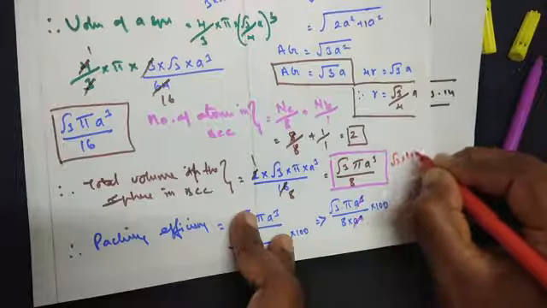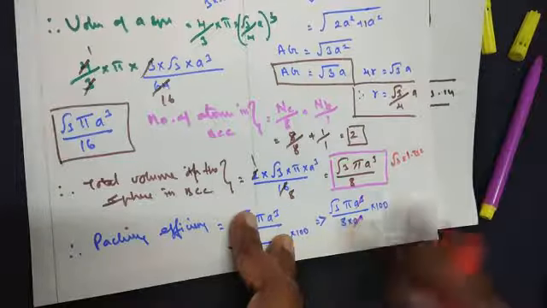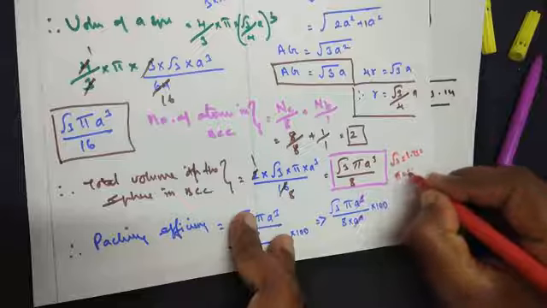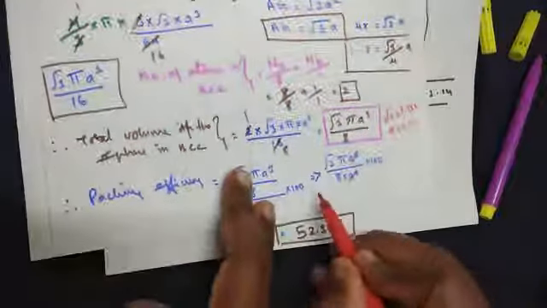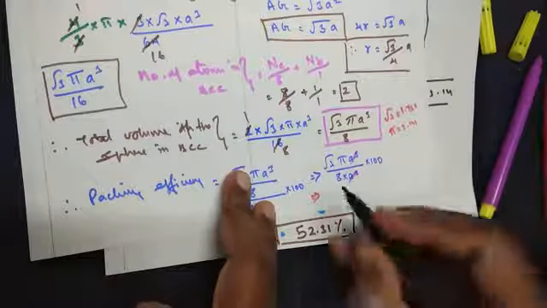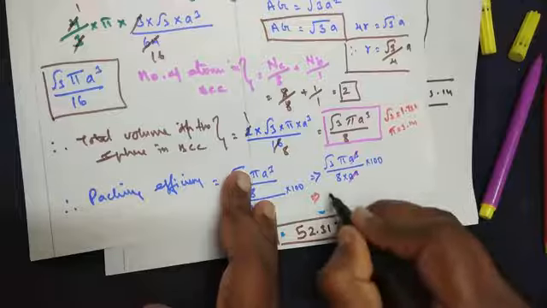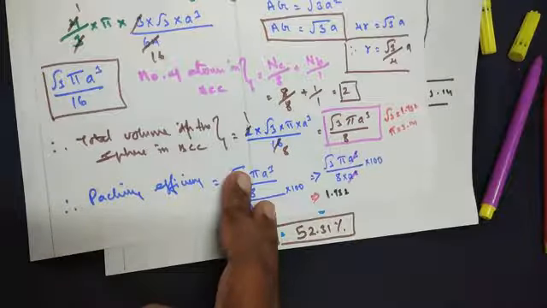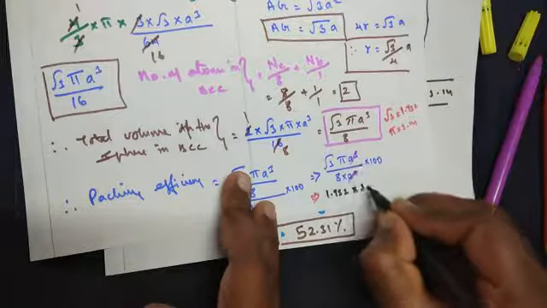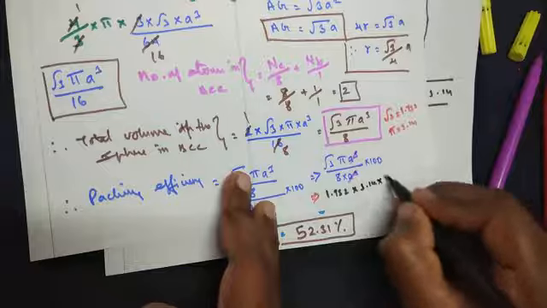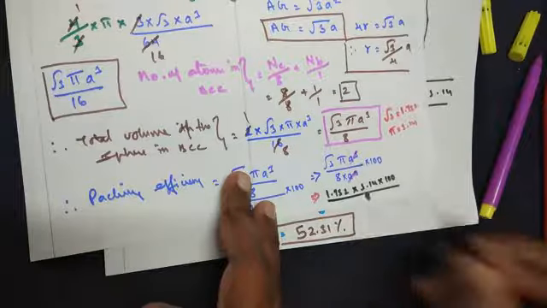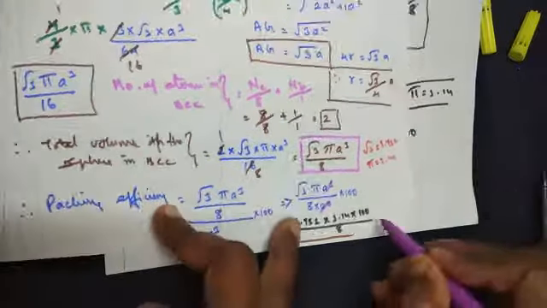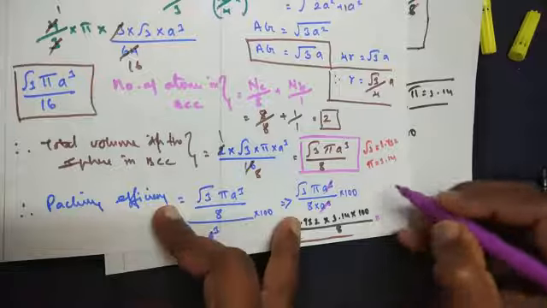It is 1.732. Value of pi is equal to 3.14. Substitute all the values here. Square root 3 value will be 1.732 into pi value 3.14 into 100 divided by 8. We get the final answer to be,